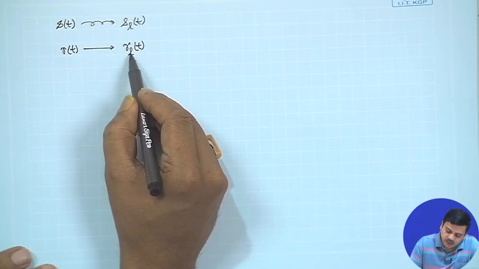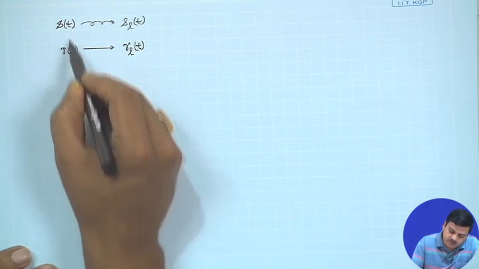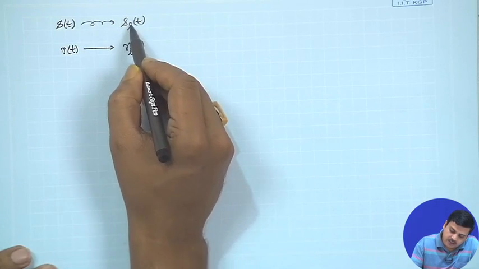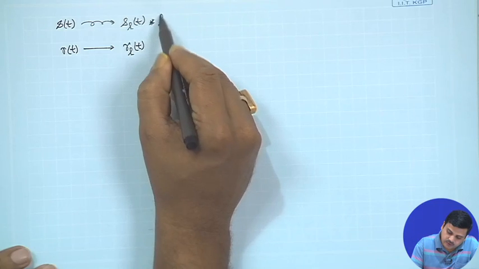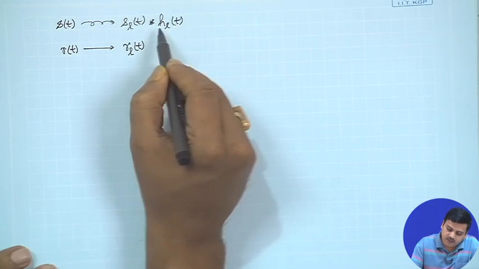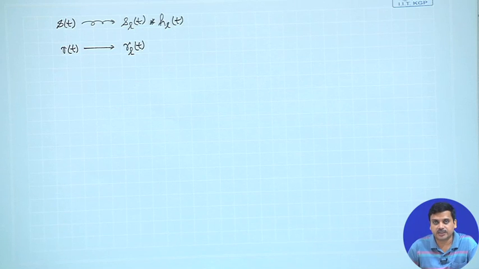RL of t is the low pass equivalent, and we found that R of t is connected to S of t through convolution. Similarly, RL of t is connected to SL of t with convolution with HL of t, which is the channel impulse response low pass equivalent representation. So having done so, we have the source, we have the channel,